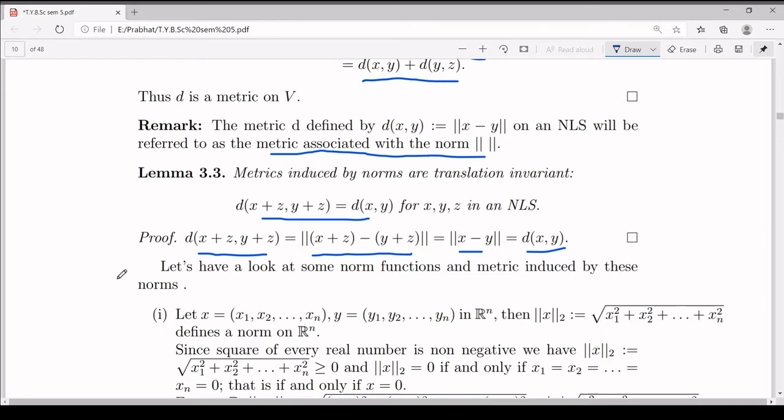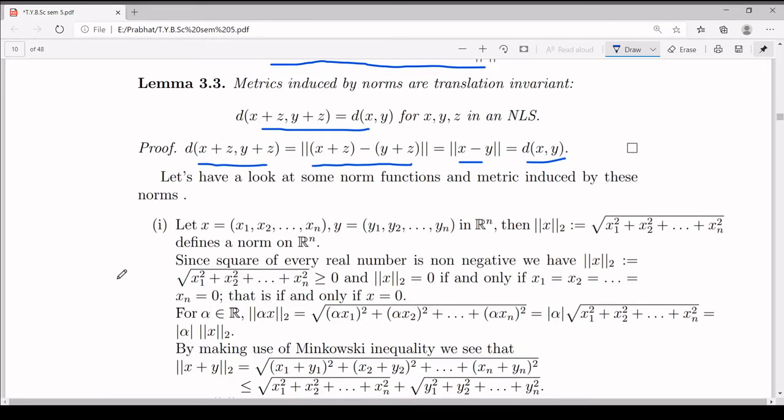Now we will look at certain examples of metrics which are induced by some norm. So these metrics we have already discussed in our previous videos, but still now we will see them from the perspective of norm. So again we will consider the set R^n and take an element x = (x1, x2, ..., xn) inside this R^n and define your norm. Remember, I am denoting this norm by norm with suffix 2. This is the notation in this example I am using. So norm x, you define it to be square root of x1 square plus x2 square plus ... plus xn square. And the claim is this function is a norm on R^n.